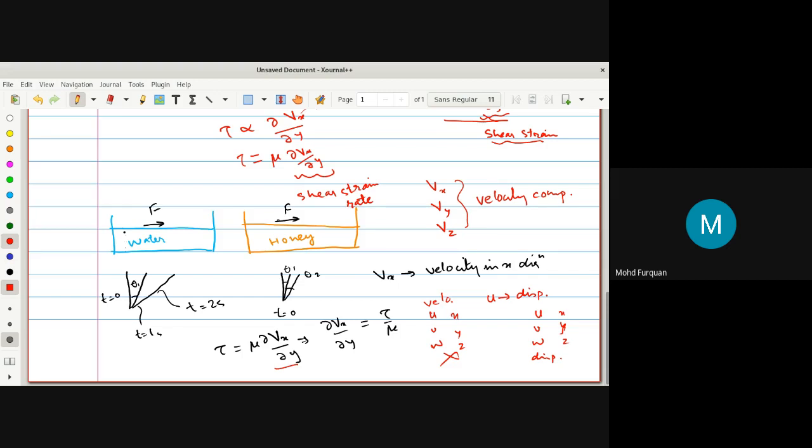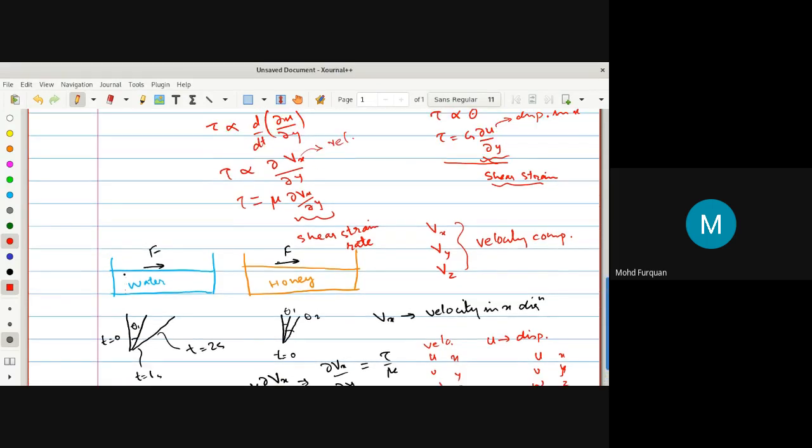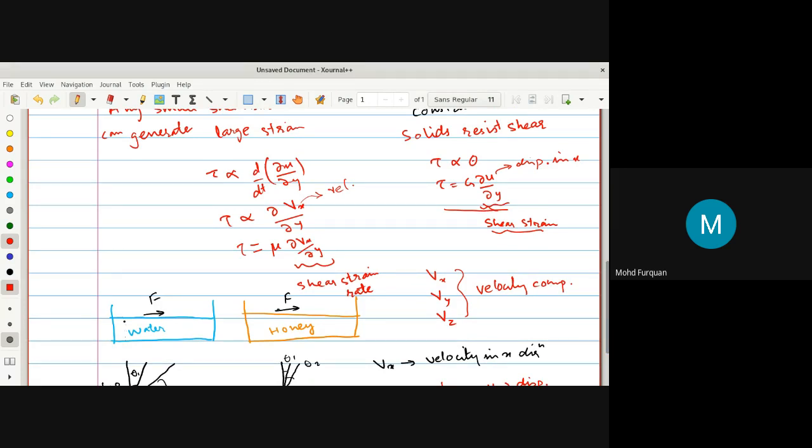Shear strain is continuously changing in case of fluids. When you apply a shear stress, as long as you keep on applying that shearing force, the fluid will keep on deforming, and your shear strain will keep on increasing. But the rate at which that shear strain increases depends on the viscosity. That's why it makes sense to not use du by dy, but its time derivative. If you take du by dy and its time derivative, and take this t inside, then this will be dvx by dy.